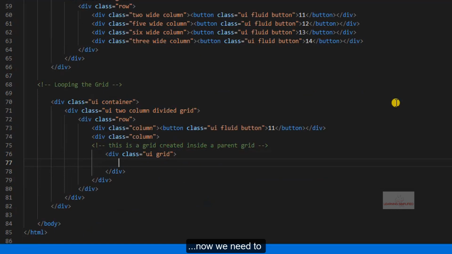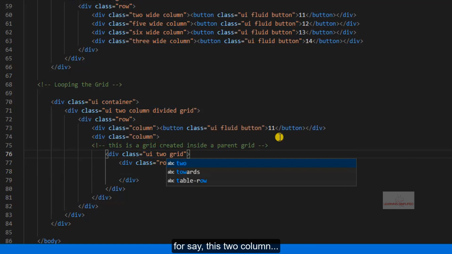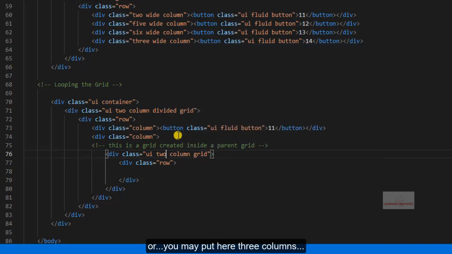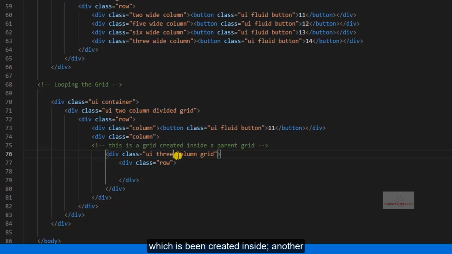Now we need to create the row element, and as usual we will be creating some columns inside. For say this is 2 column, or you may put 3 column. So this is a 3-column grid which is being created inside another, parent grid that we had created earlier.